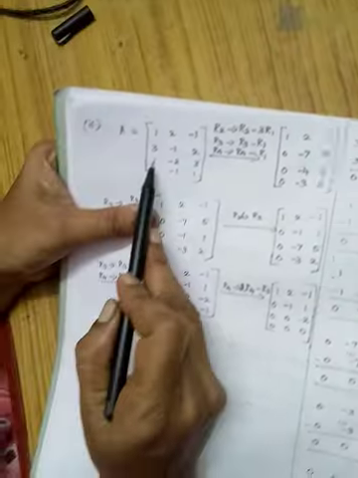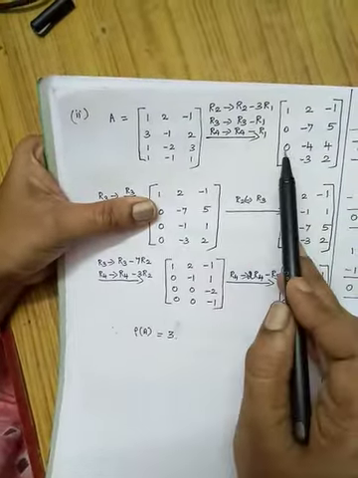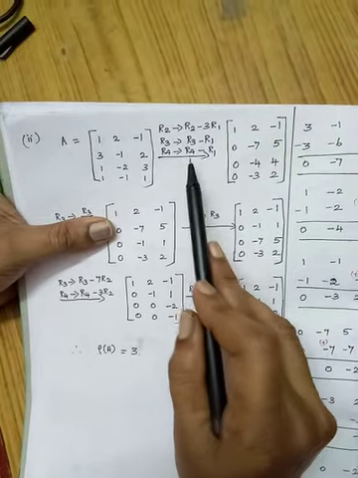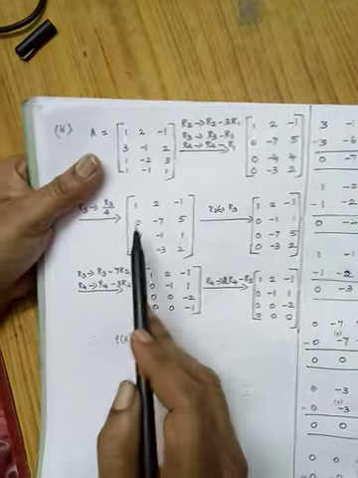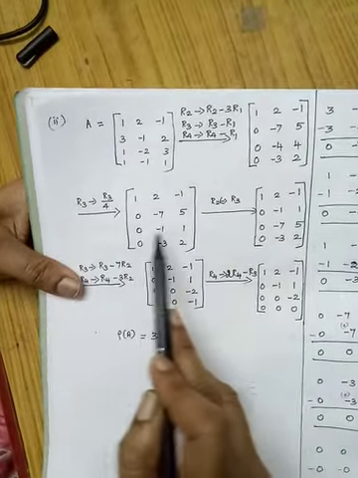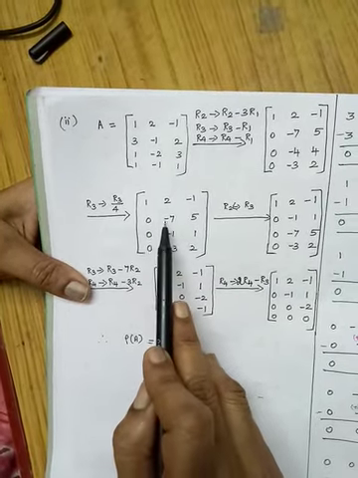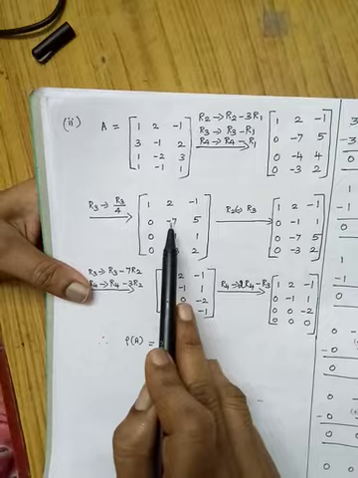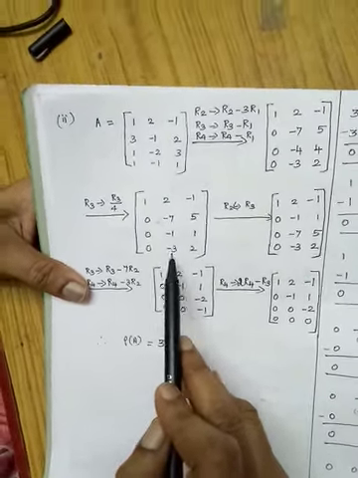In the same way, look at this. In R3 here you are having 1. In R1 also 1. So when you subtract, you will get this element as 0. In the same way in R4 also. So I have done the rough work here. After bringing these 3 elements to 0, what do we have to do now? Below, you have to consider the second row. The second row's first non-zero entry is minus 7.